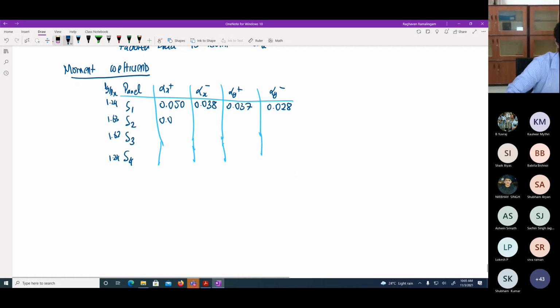Oh, actually, I reversed it. I think this is negative and this is positive. Yeah, the top one is negative and the bottom one is positive. So this is actually reversed. Sorry, 0.050, 0.038. Okay, please read the leftmost end of the column. See which is negative and which is positive. I just note it like this.